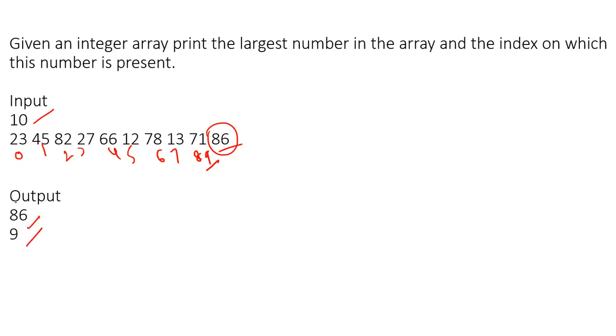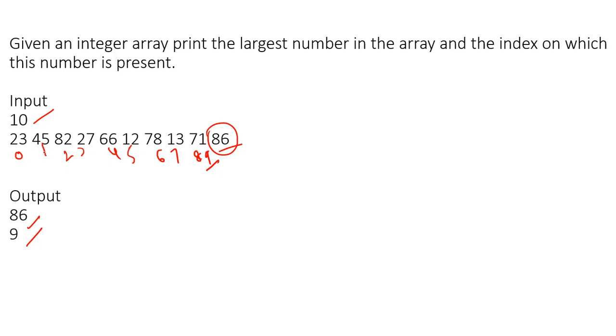Also, in the Accenture exam, you don't have to directly write the main function. The main function will already be implemented. You have to write the actual code, the actual logic basically, in a function. That is the case in the Accenture exam. So without any delay, let's see how we'll be solving that particular question.